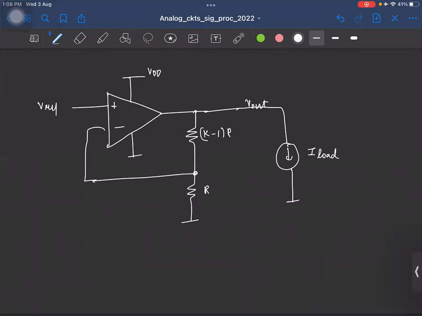So now this current, depending on the circuit, can be very small or very high, right? So probably if you connect it to an entire receiver chain, it can take probably a few hundreds of milliamps or close to an amp also sometimes. So this current I load, where is it coming from? It has to come from the op amp like this